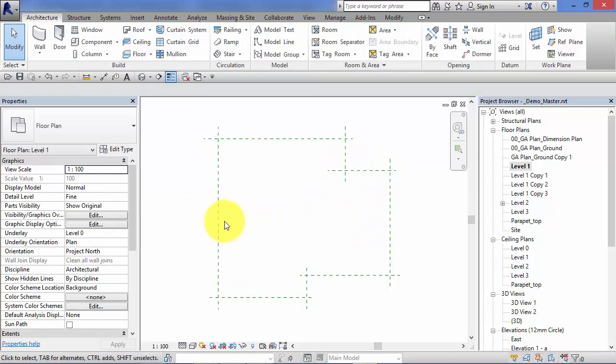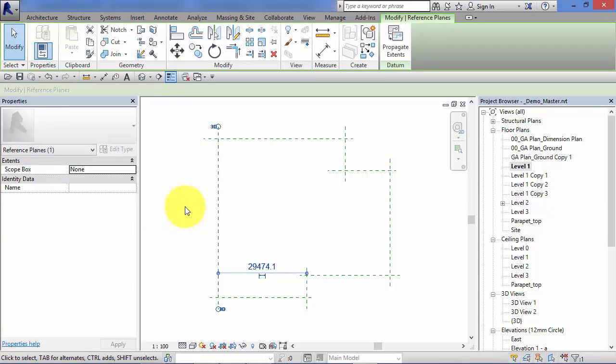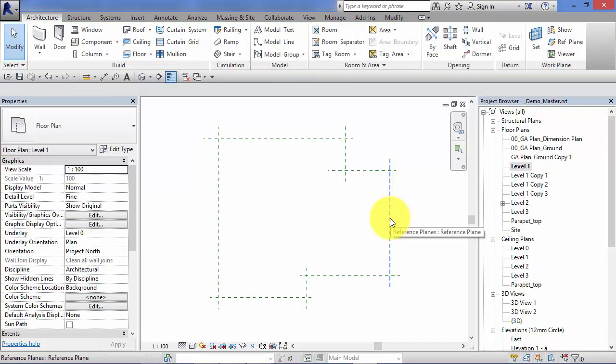However, in the example with the roof, where we want to control geometry with reference planes, it's fairly important that you actually give each one a name. That will become really self-evident in the unit on extruded roofs, where I put 2 reference planes down. I'll name them and show you how you use those as work planes. But just for now, I want you to note that if you are going to use them to control geometry, then give each one a name. So if I go ahead and select this left reference plane,